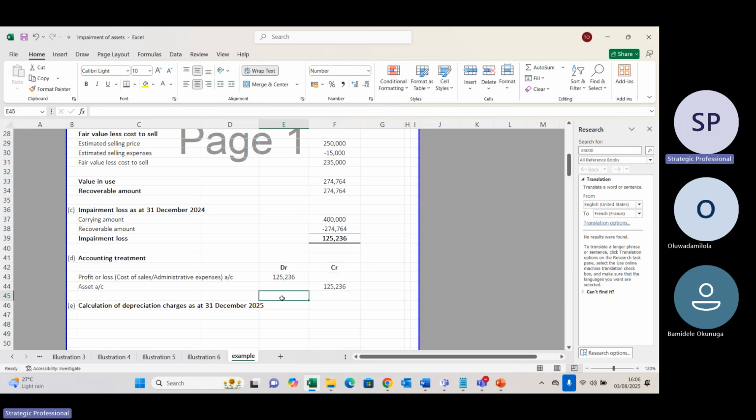Impairment is different from depreciation because, for depreciation, one major difference is that depreciation is the gradual fall in the value of an asset as a result of wear and tear, obsolescence, passage of time, change in technology. That's the definition they even told us from secondary school. But depreciation at an advanced level is you are spreading the cost of an asset over the estimated useful life. You are spreading the cost of an asset.